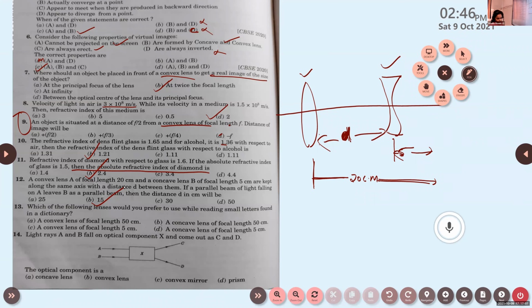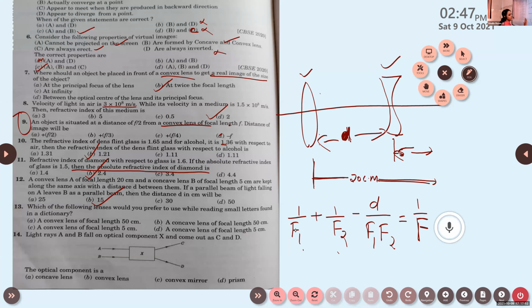But in +2, they have an equation like this. 1 by F1 plus 1 by F2 minus D divided by F1 F2 is equal to 1 by F. And then from this equation, they find out the distance D. Here F1 is the focal length of the first lens, that is convex. It is 20 centimeter. F2 is the focal length of concave lens. It is 5 centimeter. Then in order to identify the distance D, they just rearrange the equation.